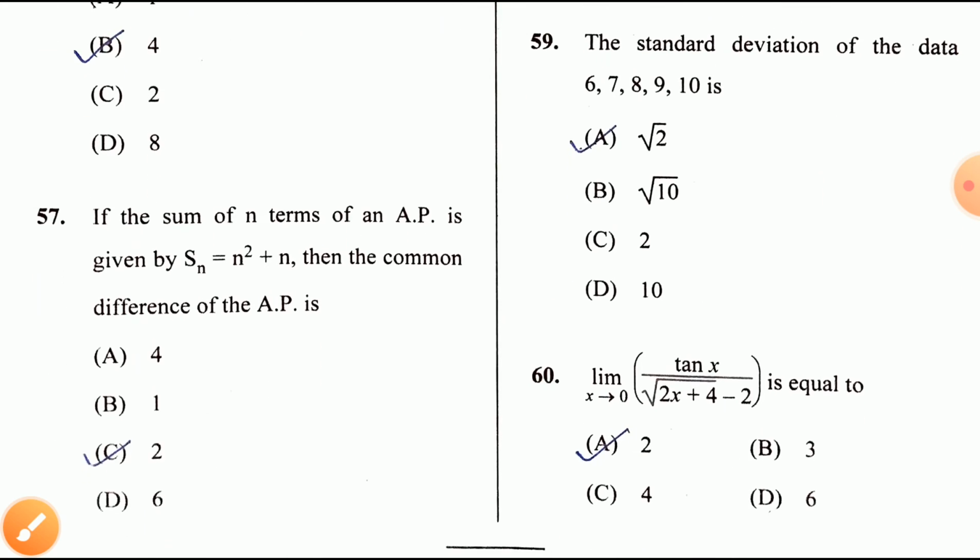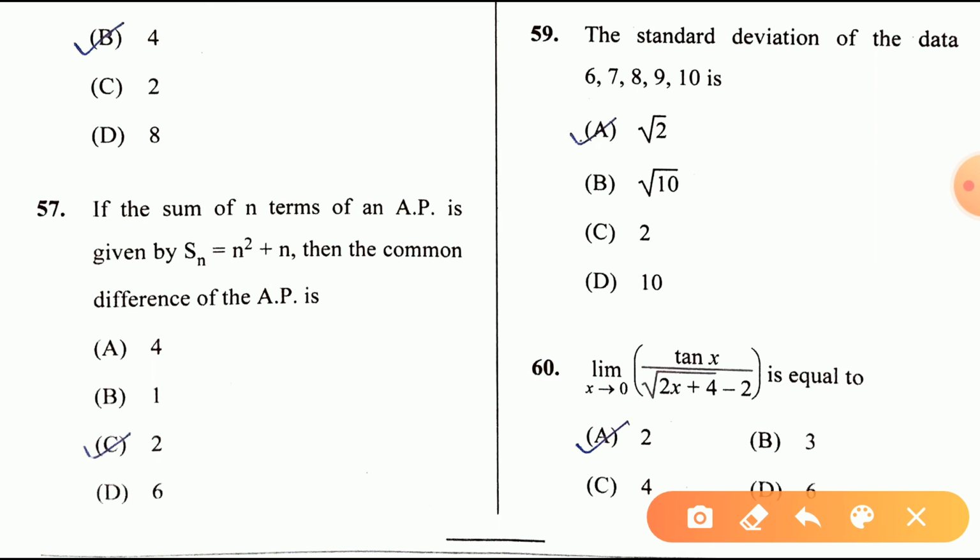Next question number 59. The standard deviation of the data given 6, 7, 8, 9, 10 is root 2. Okay, next question number 60, last question. Limit of tan x divided by square root under 2x plus 4 minus 2 is equal to 2. The right choice of question number 60 is